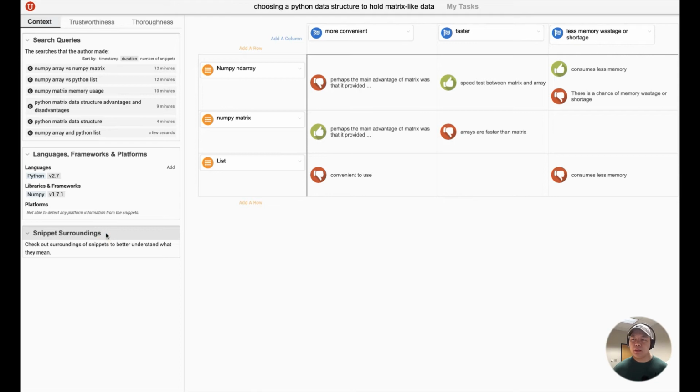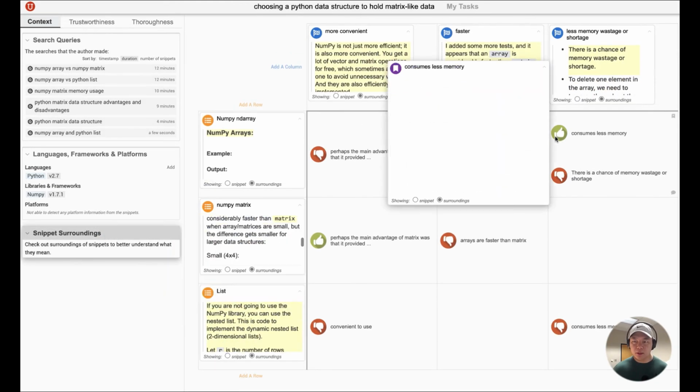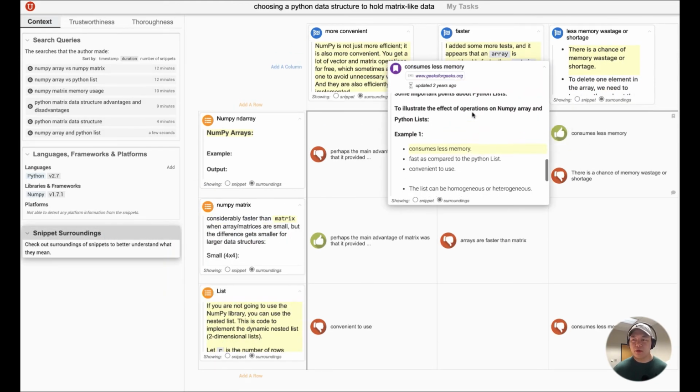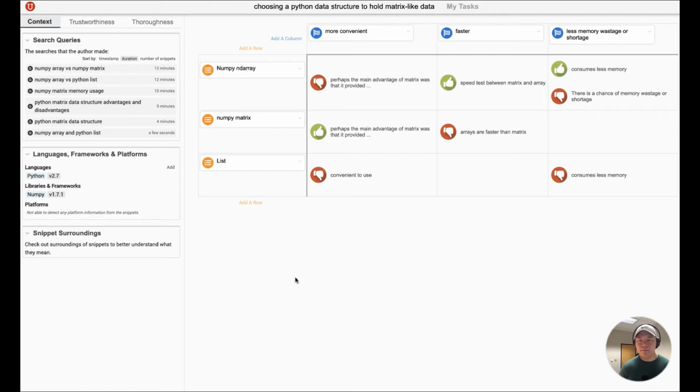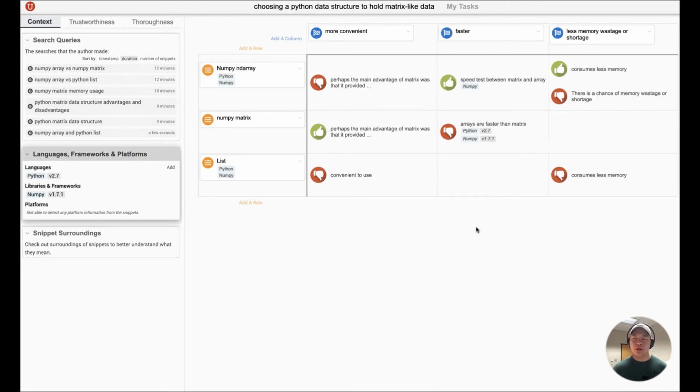Strata also automatically takes a snapshot of the surroundings of an information snippet when the author captures it, which could later help consumers understand exactly what the snippet means in context without having to track down its source webpage or location. In addition, Strata uses heuristics to detect the language, framework, and platform versions used or mentioned in the collected information snippets to help consumers quickly compare those with their own situations.